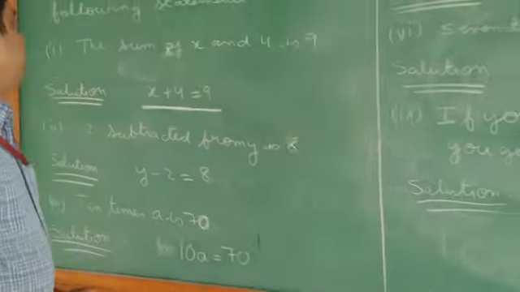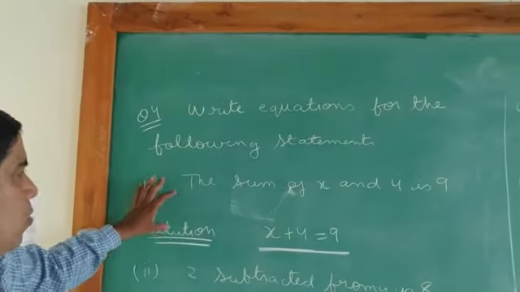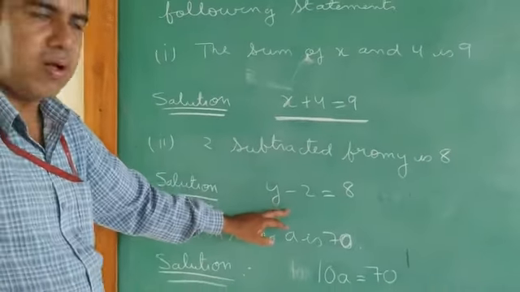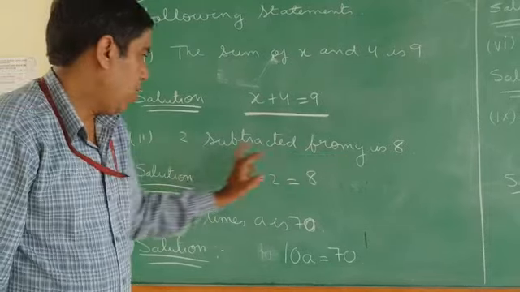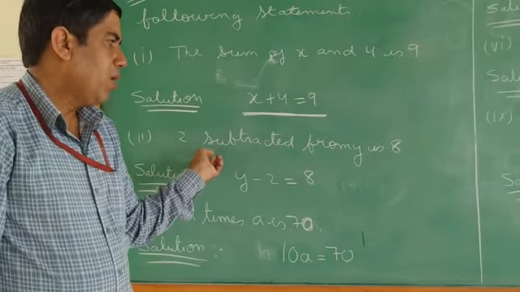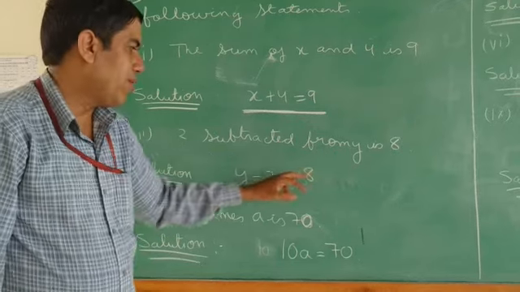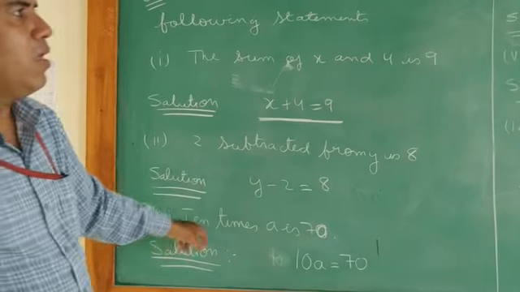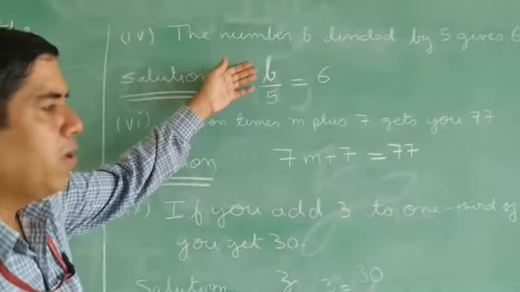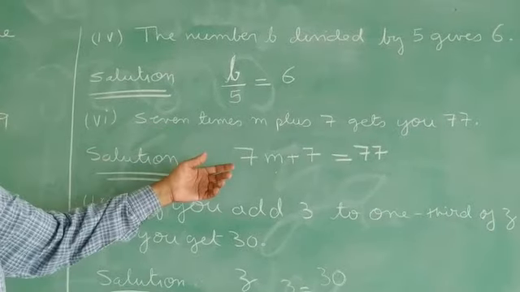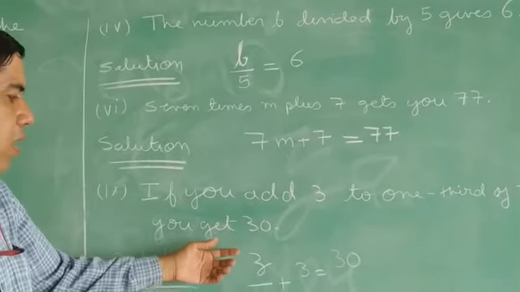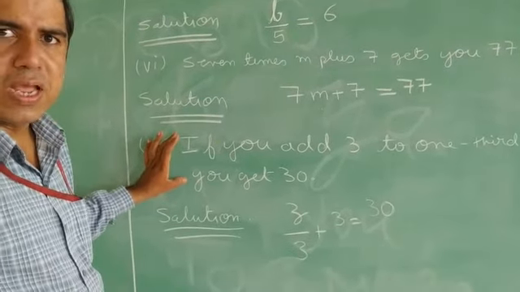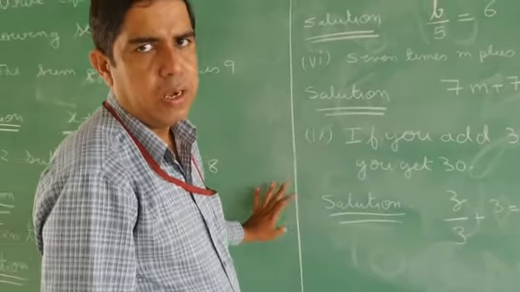So I just now discussed with you question number 4. Let me discuss once again with you. You can see sum of x and 4, so plus will come. Here it is subtraction, subtracted, so minus will come. Be careful, while 2 is subtracted, we always take the number in front, so y minus 2 is equal to 8. And 10 times means multiplication, and b divided by 5, and here both are there, addition and multiplication both are there. You can see here also division and addition both are there. So be careful, read the statement 2 or 3 times and try to write and solve it properly.